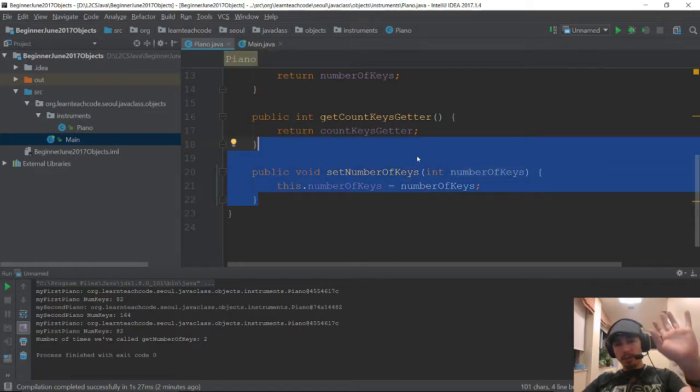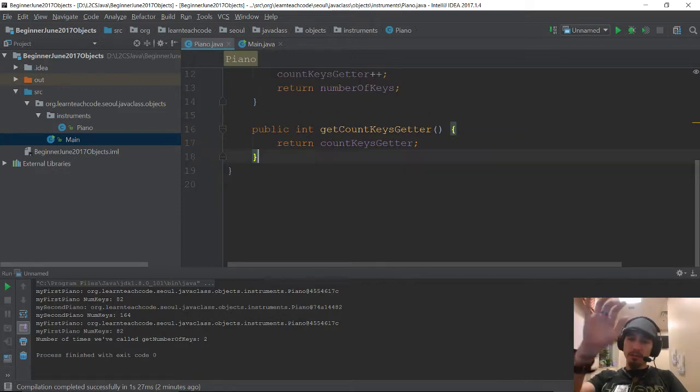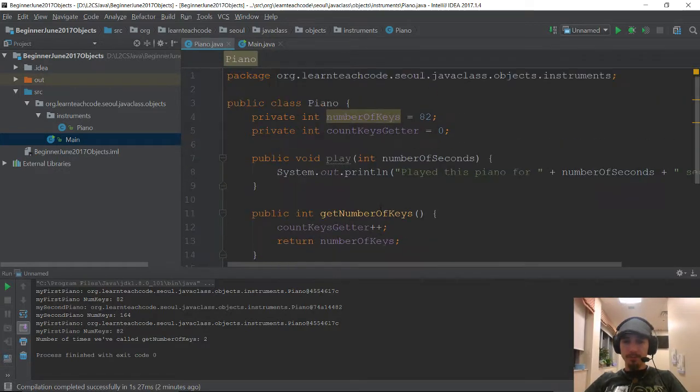So we only want the number of keys to be set when the piano is initially created. So let's get rid of the setter method. We don't want it. However, in this case, the default is 82, but now we don't have a way to change the number of keys on this piano. Well, the beautiful part is that in pretty much all object-oriented programming languages, there's the concept of